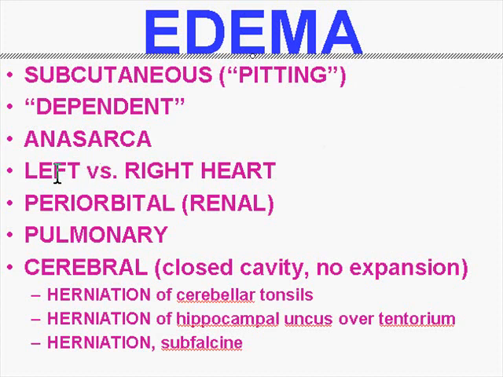And of course, in a closed system like the brain, where a tissue cannot expand and have the privilege of being puffy because it's being closed in, the edema of brain or cerebral edema results in a protrusion or herniation or notching of areas in which there are little chances of the brain to escape, like the cerebellar tonsils into the basal cisterns, or the hippocampal uncus over the tentorium between the middle and posterior fossa,